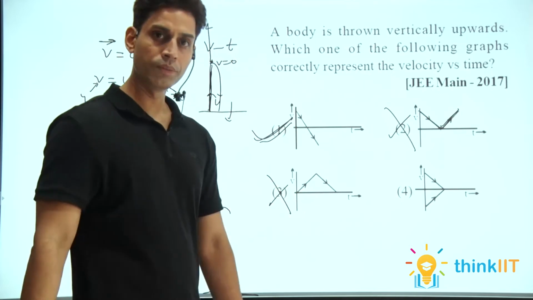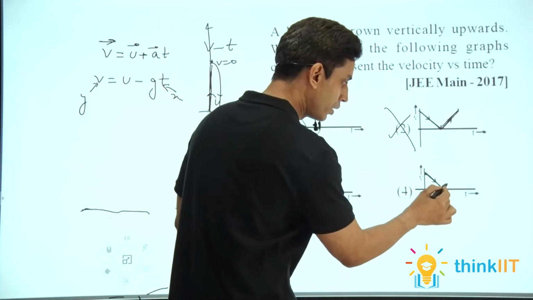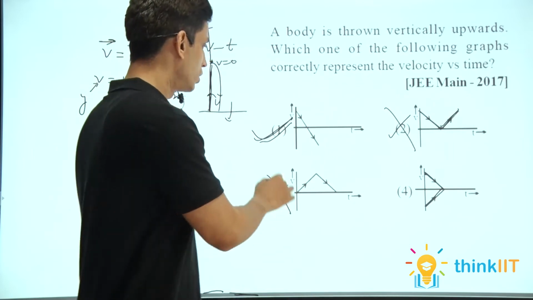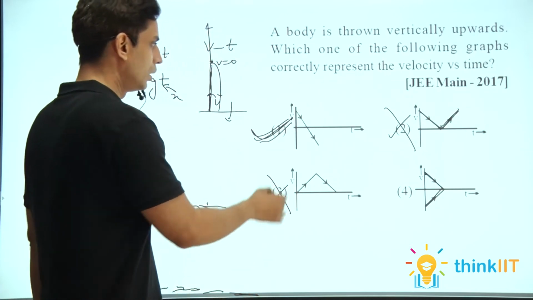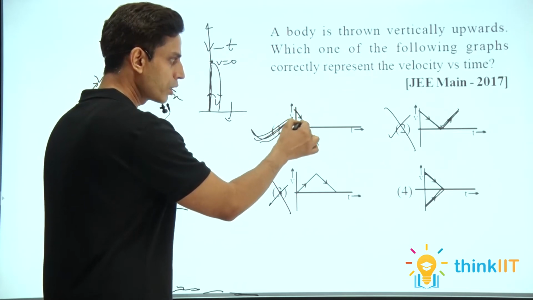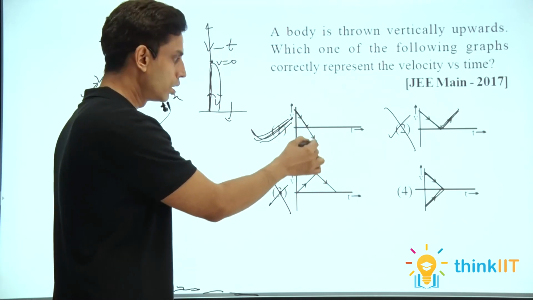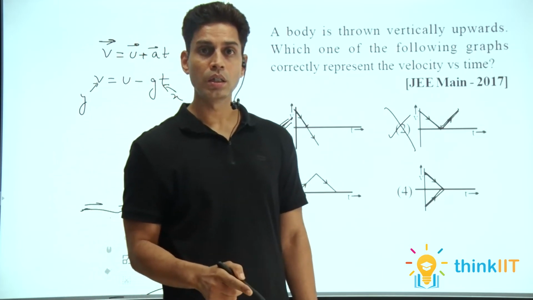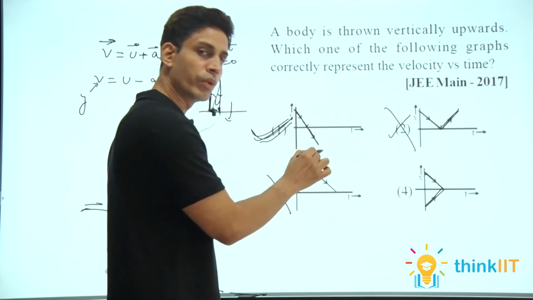Now look at option number 4. Initial velocity. Now retarding. Fine. Now this signifies nothing. So you are asking me why the first is the correct answer. I am explaining it again: this is the initial velocity. This is representing retardation. This is the highest point where the velocity becomes 0. And after this, velocity again starts increasing, but in the downward direction, that is, in the reverse direction. So velocity will go in the downward direction.